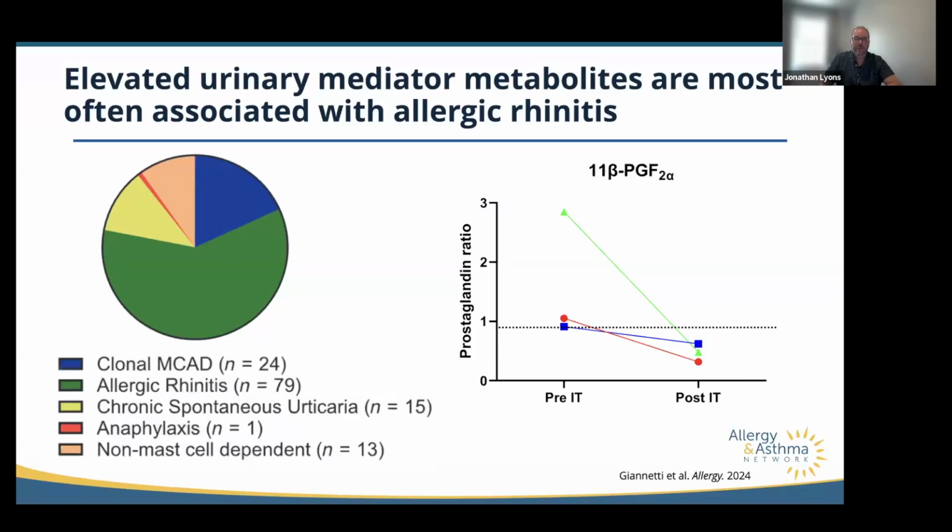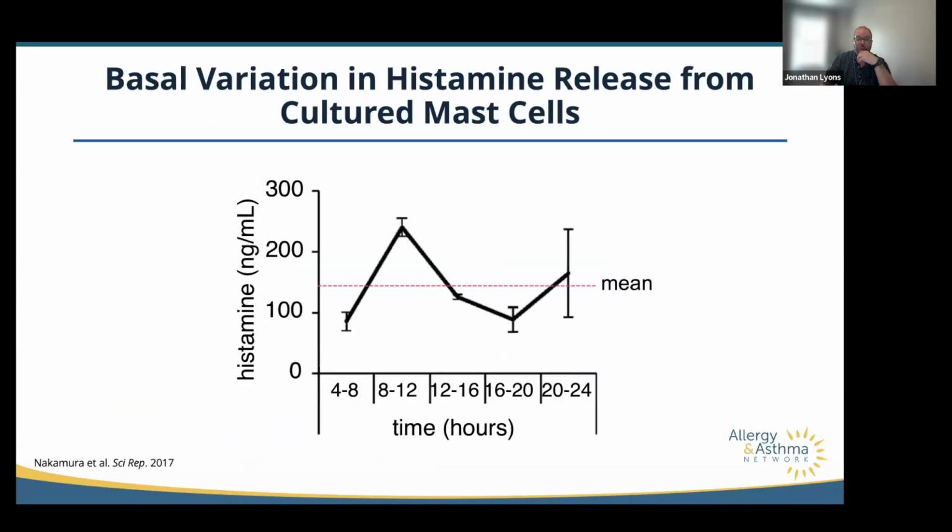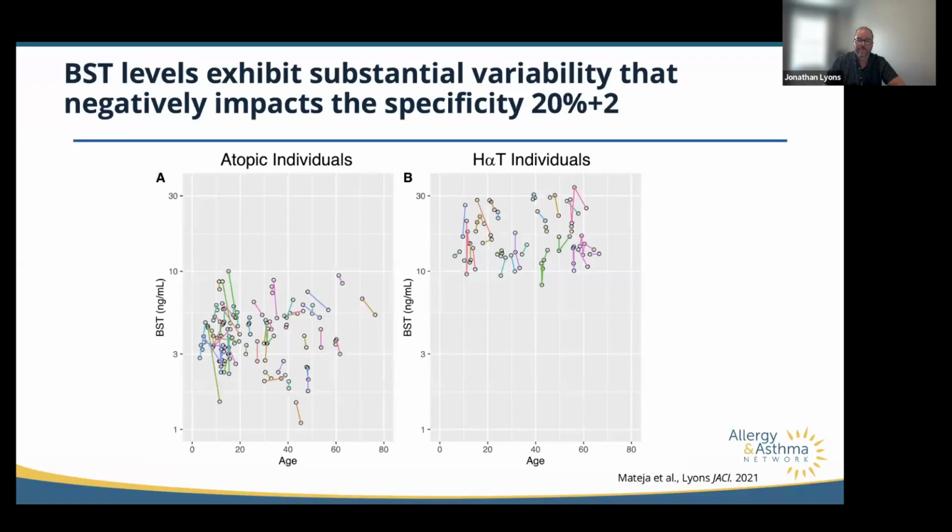Importantly, we don't know the variability of most of these. We have data that I'll show you in a second on tryptase, but we do know that they are variable. For instance, if you take mast cells and grow them in culture, we see a diurnal variation in secretion of histamine. There's also variation by age and size of histamine, so you have to adjust what's a normal level based on those factors. And we don't really know how variable it is in humans who are asymptomatic.